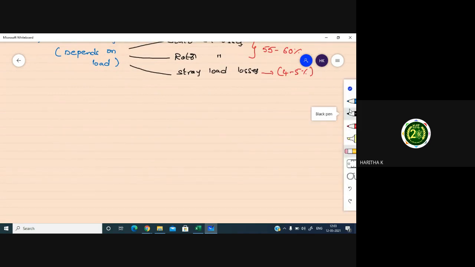First, I will give you a brief description of the motor. Then I will explain these losses. What are these losses and how can we reduce them? What design improvements do we have to make? And what materials do we have to choose to reduce these losses? Thereby, we can improve the efficiency of the motor.